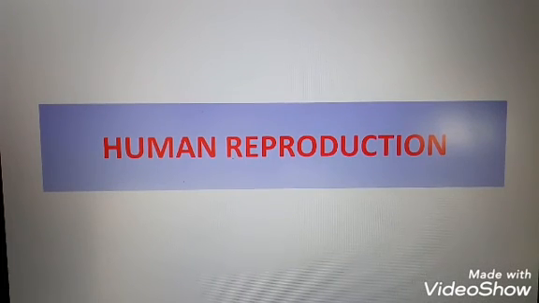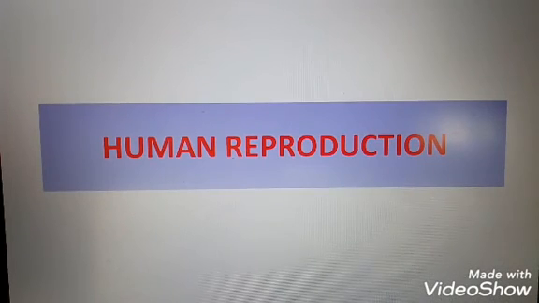Next question is, what function do fallopian tubes perform? What is the function of fallopian tube? The fimbriae portion of the fallopian tube collects the ovum, and also it provides the site for the process of fertilization. Okay. Next question, what is corpus luteum? We discussed what is corpus luteum.